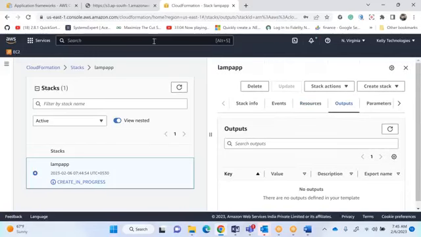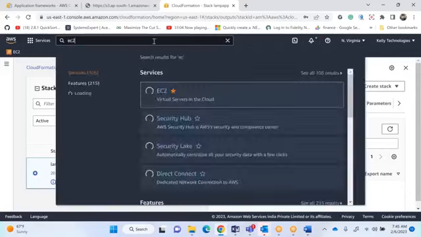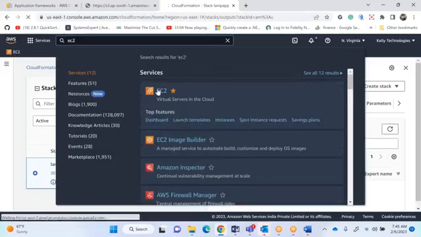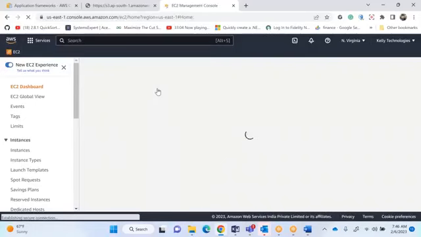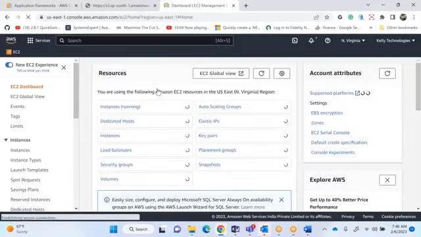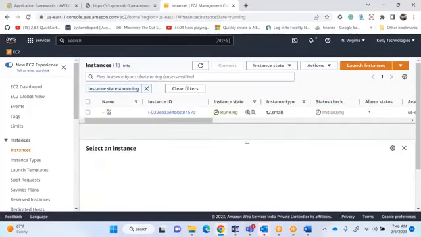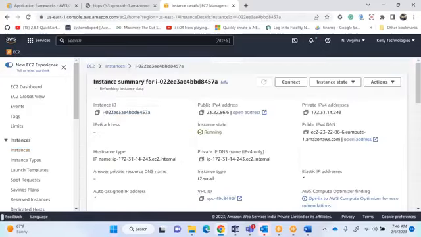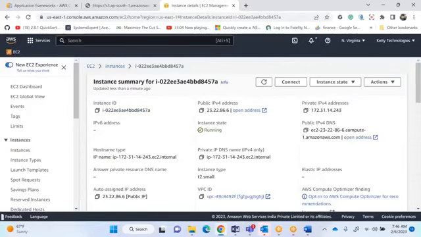And you can just go to your EC2 instance. Not only the EC2 instance, it will launch all the metadata using the package manager, installation, configuration, everything will be done. One server will be launching. This is our server. You go and click on this server. This server is getting launched.